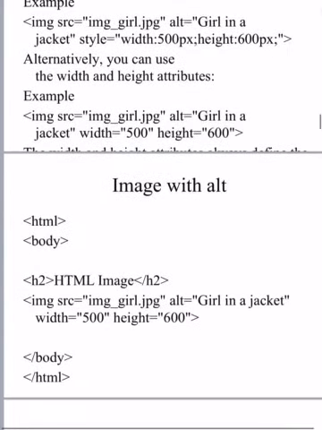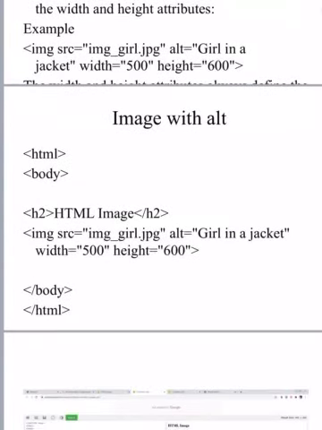Now we'll see a simple example, image with alt. HTML, body, h2, HTML image is what we are displaying, enclosed in a heading tag. Image src is equal to img underscore girl. This image should be available in our working folder, and alt is equal to girl in a jacket.